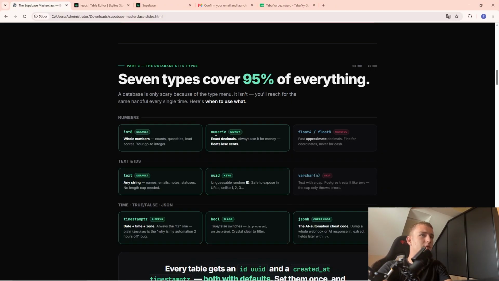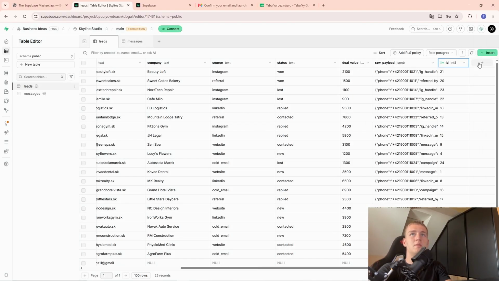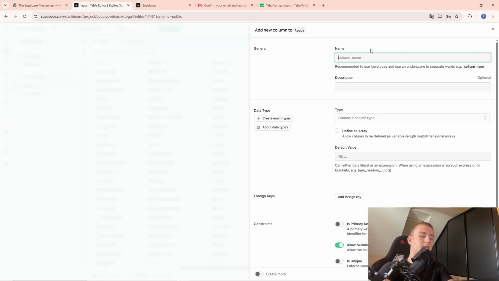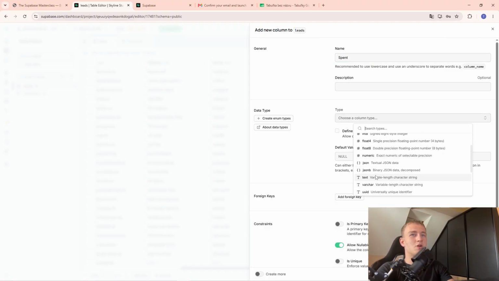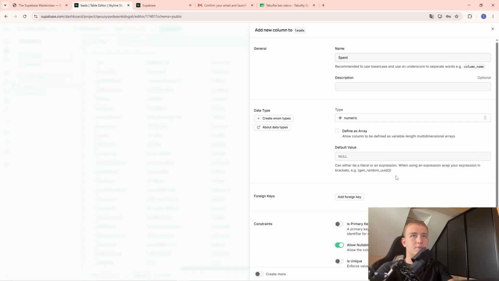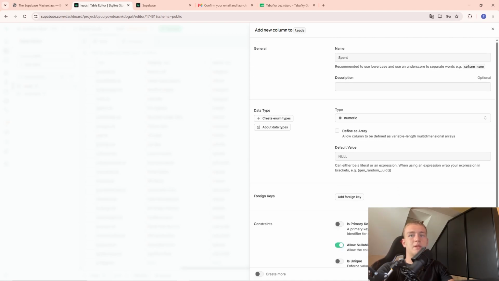Okay, the next one we've got is the numeric, which is the exact opposite. You can have the decimals here. You can use it for money, you can use it for cents, you can use it for pretty much anything with decimals. So let's create a new column in here, let's do, for the leads, spend. So how much did they spend or shop? And here let's choose numeric. Okay, now we can see. Let me create this, save it up,